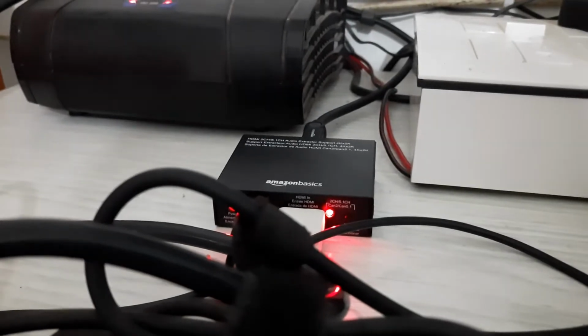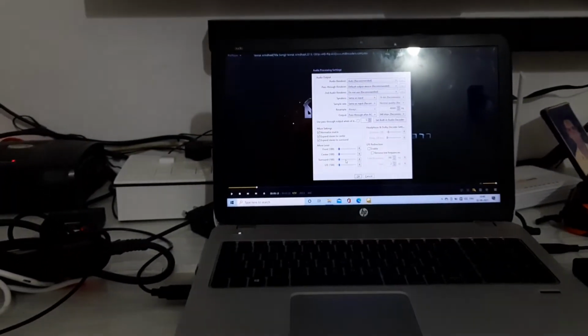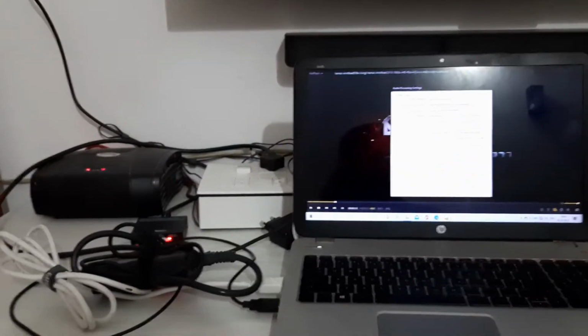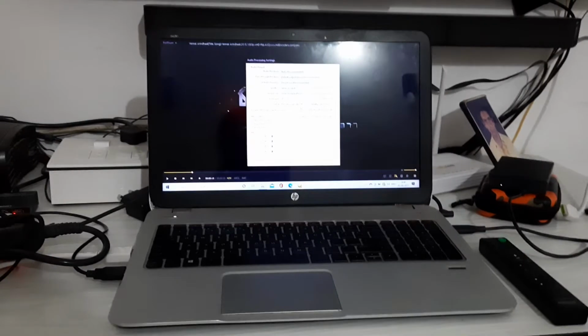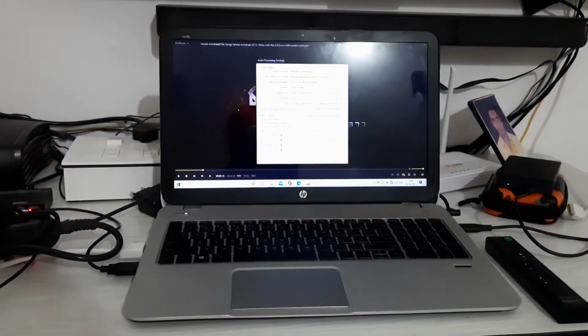You only have to purchase both. This is the HDMI splitter. I bought this for around 2,500 rupees on Amazon, and this is the Sony soundbar. I bought this for 13,000 on Flipkart. If you have both, you can easily enjoy any format using a laptop with Pot Player. Pot Player is a very important player,